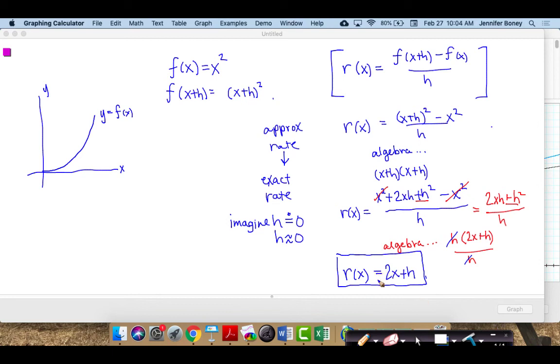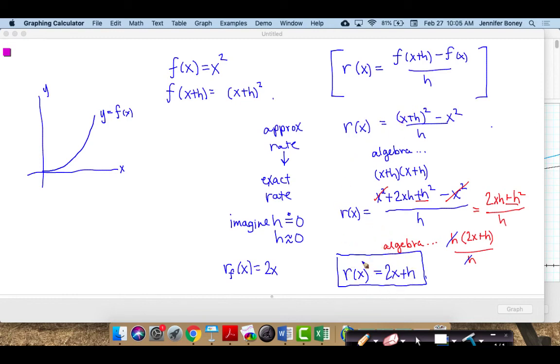And the closer h gets to 0, the closer that expression gets to just being 2x. And what that means is that my exact rate of change function is 2x, not because I just substituted in h equals 0, but because this expression, unlike this one up above,